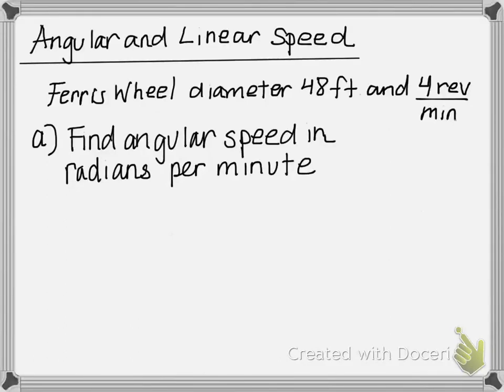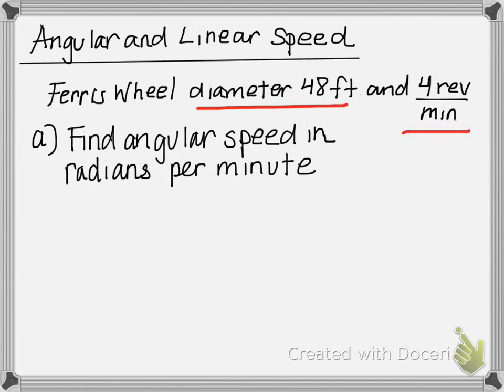I'm going to look at some trigonometry problems from an introductory chapter on trigonometry. The first one here is, as you can see, angular and linear speed. I'm just going to run through these pretty quickly without too much commentary, just showing you exactly how I would do the problems. So for this problem, I have a Ferris wheel with a diameter of 48 feet and a